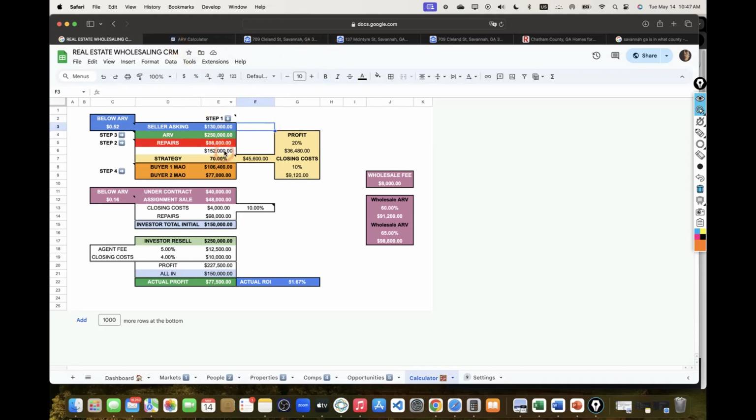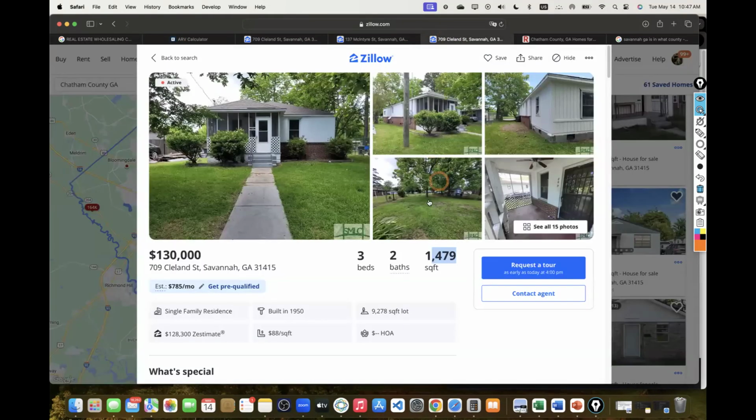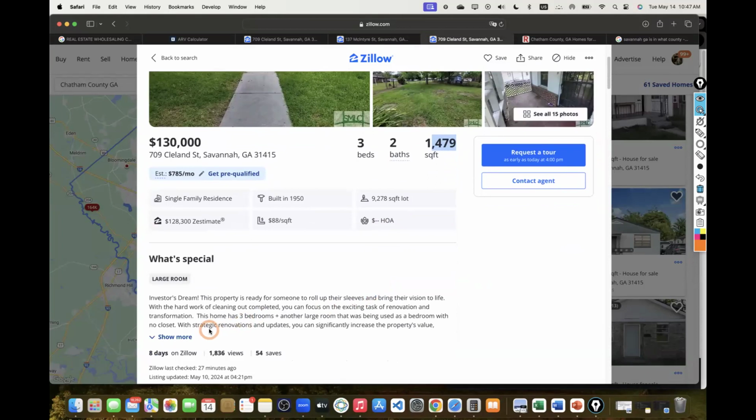If we look at the numbers, we're going to dive into it really quick. We estimated the property needs $52,000 worth of repairs. We're trying to fix and flip, so it's going to be times 70%. Here are our price points, our ranges of how much our offer should be, or how much investors are willing to put into it. As a wholesaler, you definitely want to push more. We can push this a little bit more. How long has this property been sitting on the market? Only 8 days. Even if our offer gets rejected, you can play the most killer skill of all, the patience game. See how long this property can stay listed, because it's a big property. It's a 1,400 square foot property.